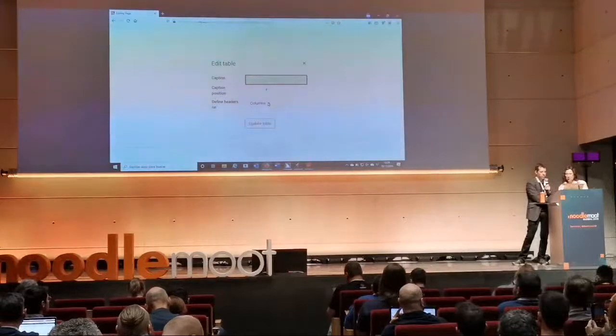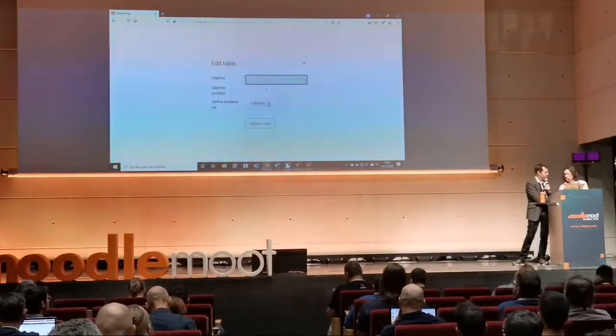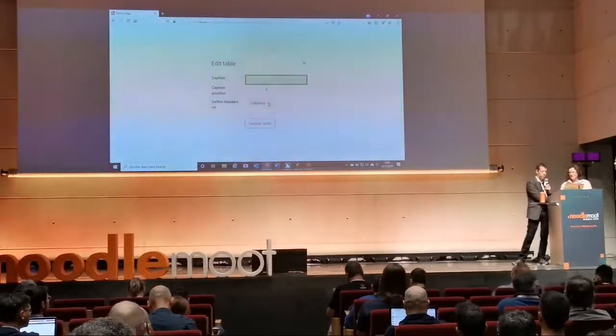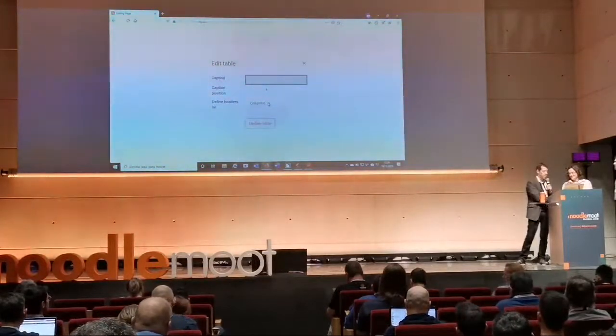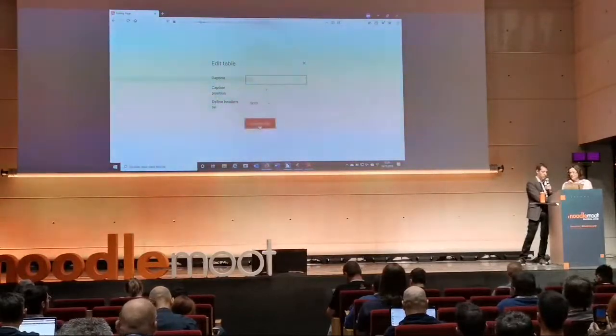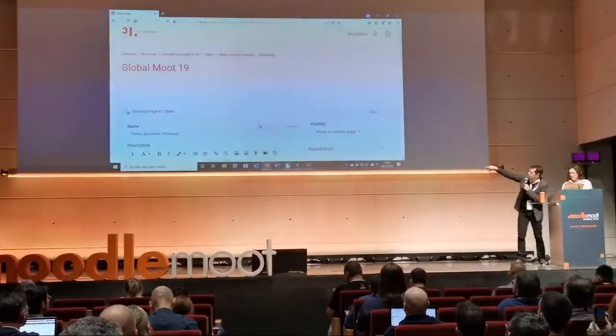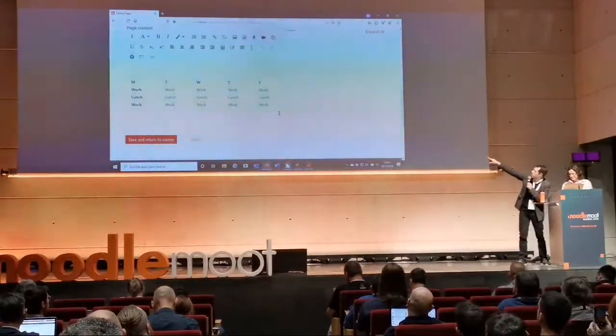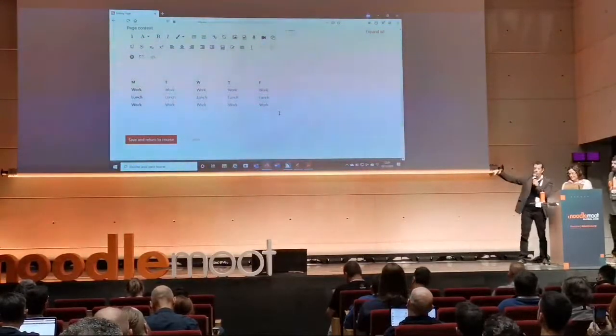It's difficult to relate if you don't have the titles, you don't know what the structure of the table is. So for example, here you can choose both, and you get the titles for both the rows and columns. They are in bold.